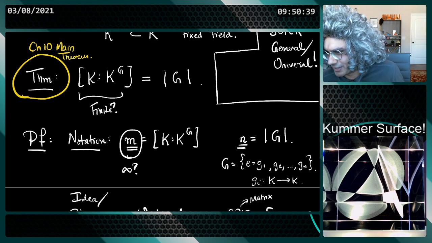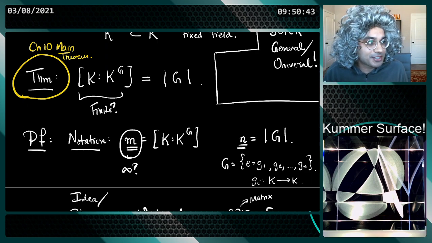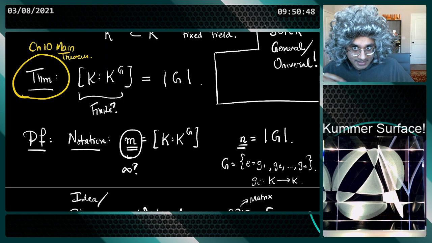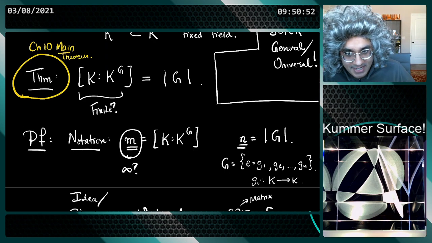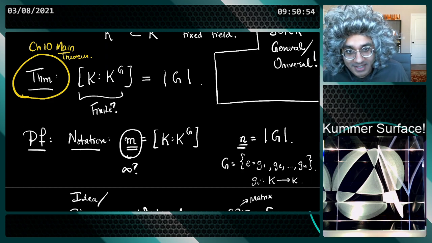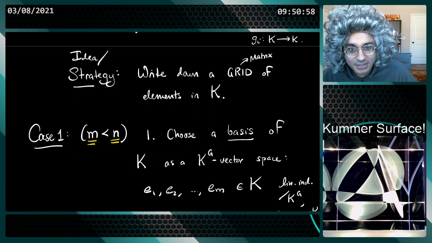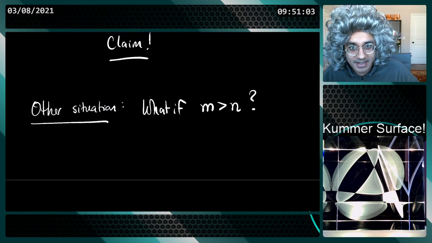Not exactly clear. However, you can reduce to the finite case of m. The previous case it didn't matter, but the next one it matters. So one way of getting around this is you just assume that there are n plus 1 linearly independent